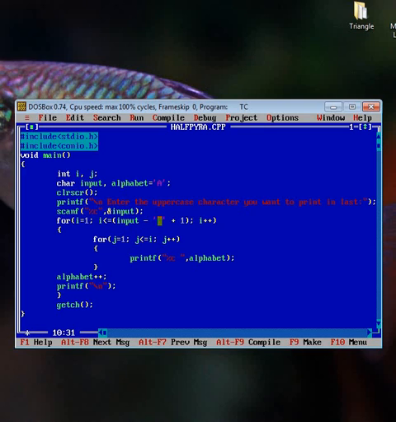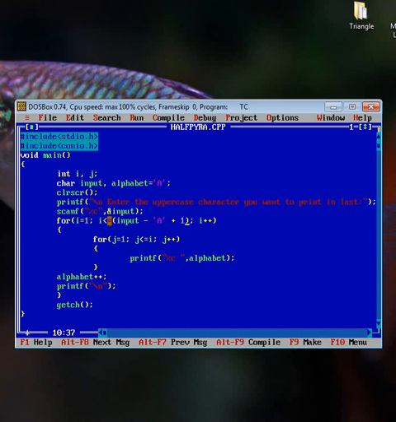E minus a, that means ultimately the ASCII value of e minus the ASCII value of a is performed. That means 69 minus 65, because input is e, which is 69, and the ASCII value of a is 65. So 69 minus 65 is 4, and plus 1 is 5.